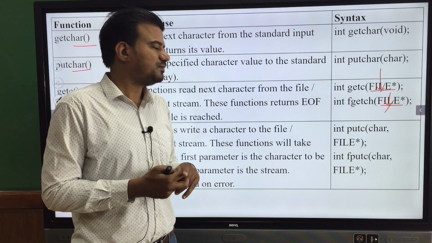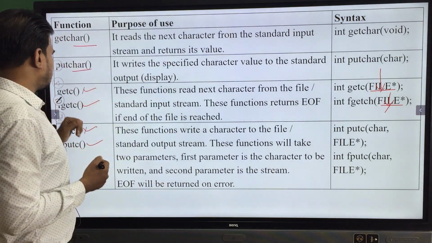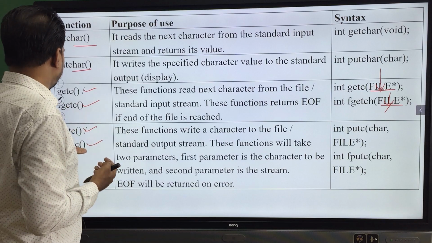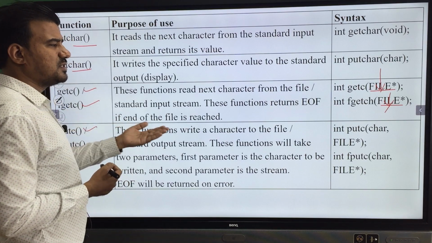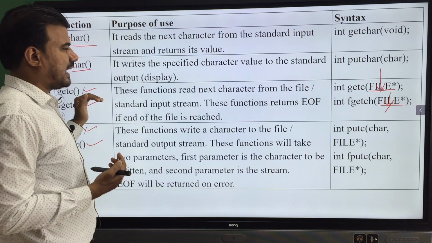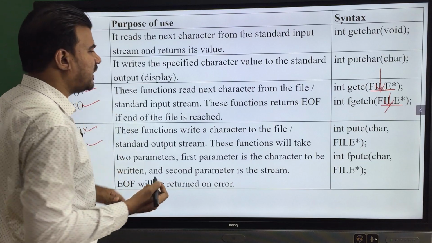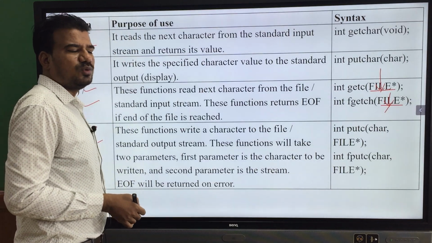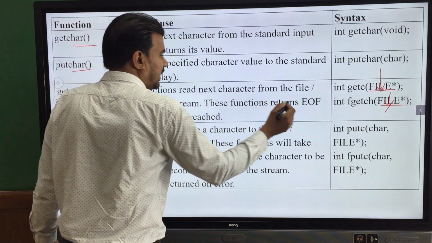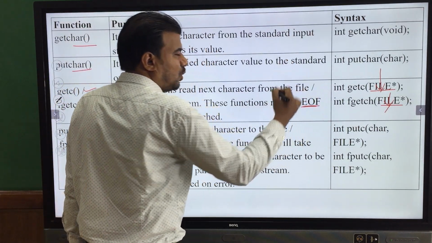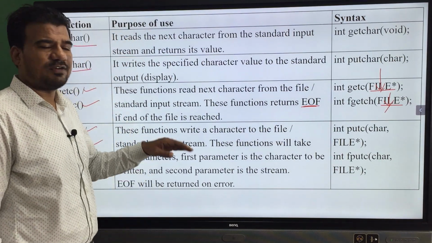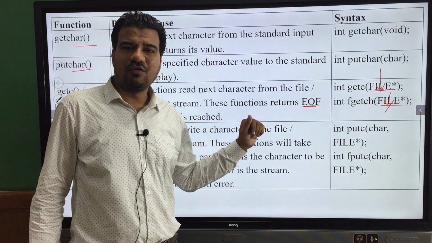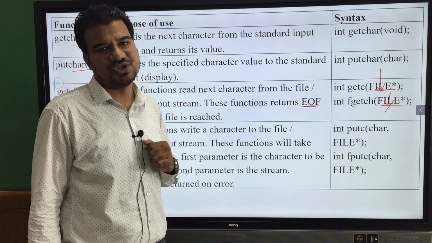Okay, so quickly, these getc and fgetc functions read the characters from the file, and where do they stop? They read from the beginning until they find EOF inside your file. EOF, end of file, we discussed in our previous session.